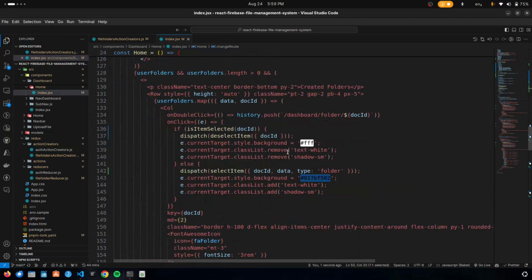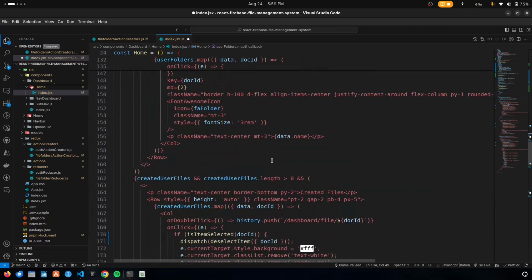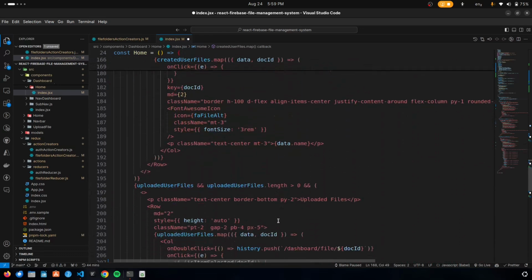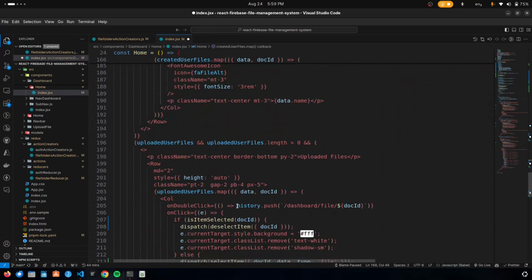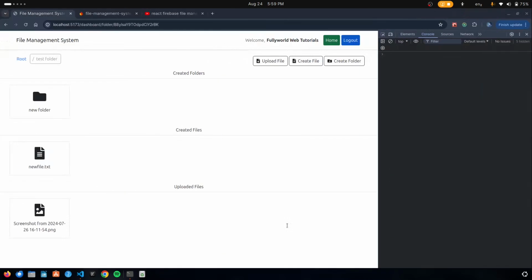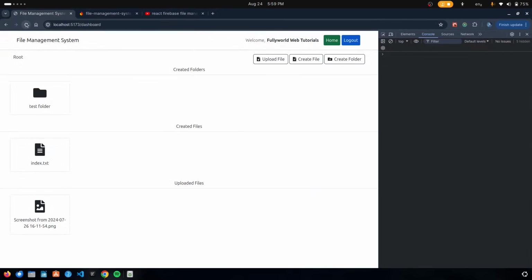Now when we are going to move here, we just have to change this history.push to a change route function, and here also the change route function, and in the uploaded user files also we will have the change route function here. That's it. So when I'm reloading it,